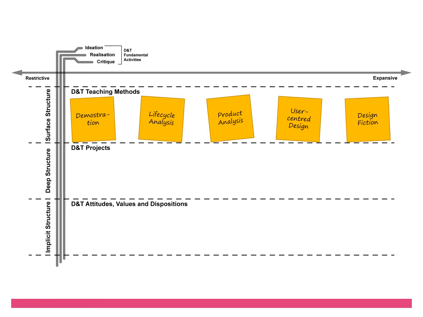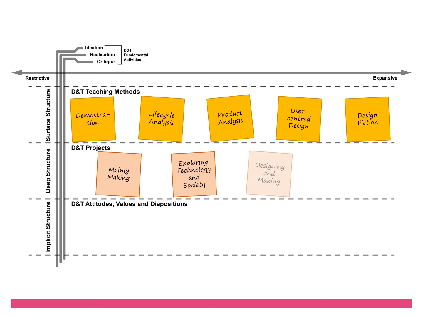And then putting back in there the idea of the four signature pedagogies within the deep structure, mainly making. It's going to be quite restrictive because you're focusing on particular skills, particular processes, materials, and so on. Exploring technology and society could go backwards and forwards along this continuum, but I've popped it somewhere to the restrictive side of the centre. Designing and making, again, that could be swapped with exploring technology and society, depending on how we frame a designing and making activity,